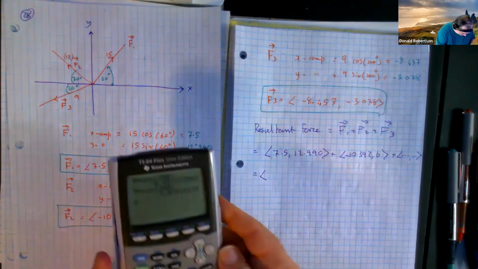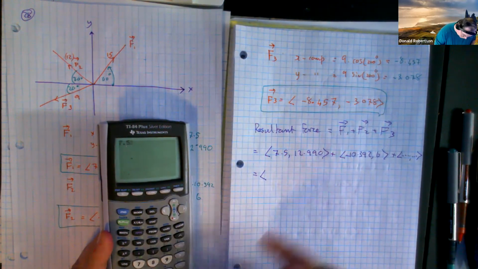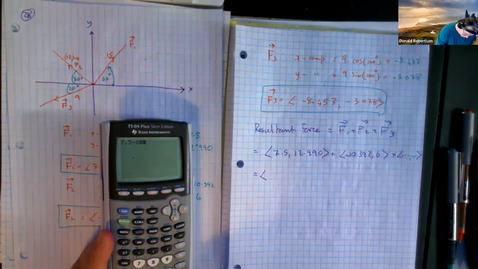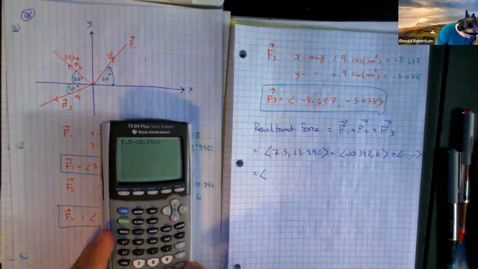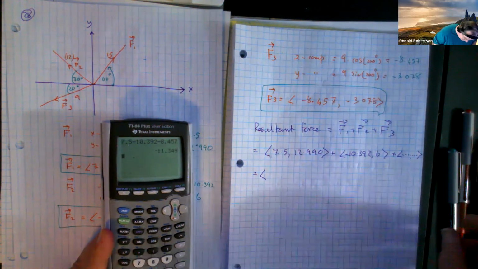So I'm going to my calculator and I'll type in the x's first. So 7.5, take away 10.392, take away 8.457. And the answer I get is